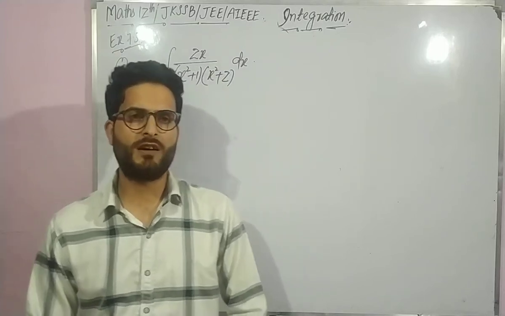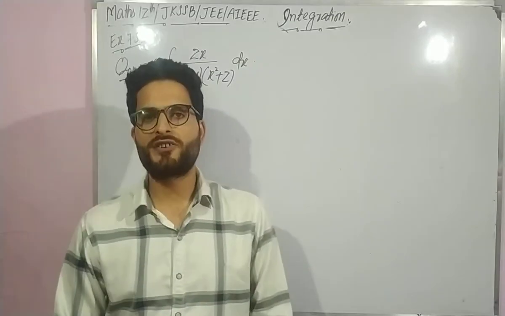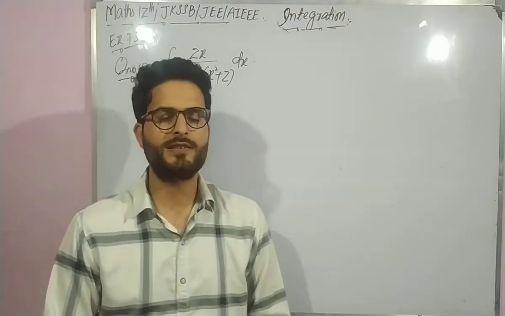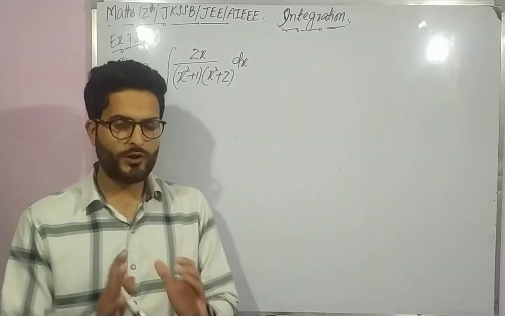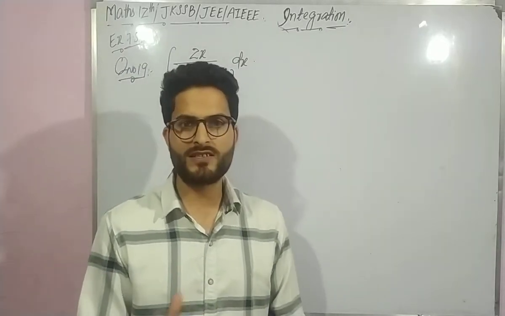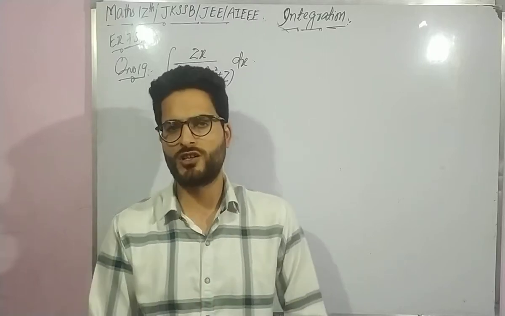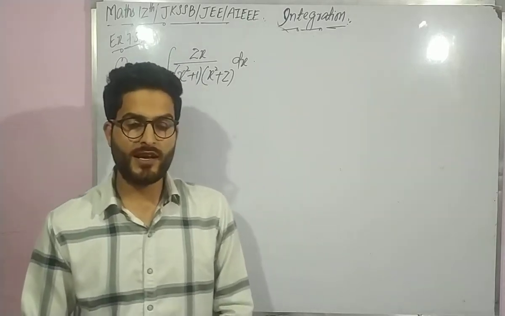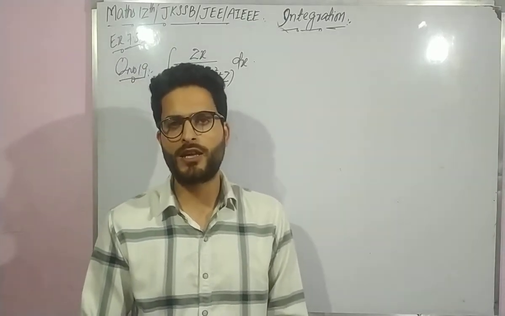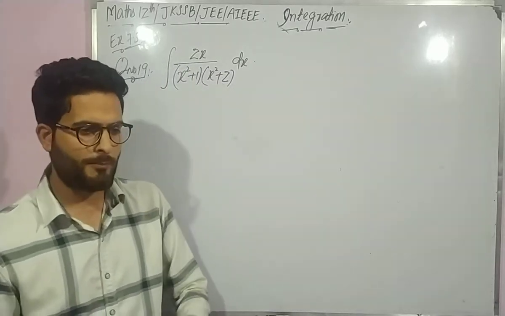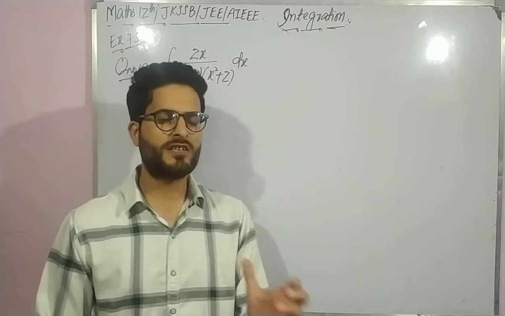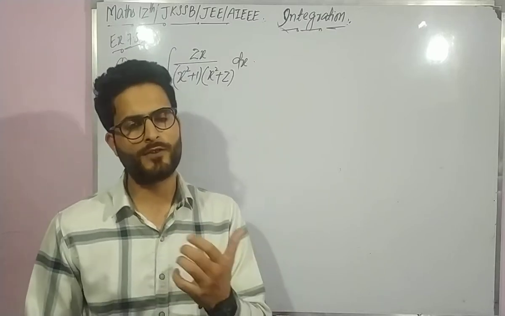In the previous class we discussed integration by partial fractions, and there we did some questions of exercise 7.5 of the NCERT book regarding that particular method. In order to apply integration by partial fractions, we must know whether the given function to be integrated is a proper rational function or not, because integration by partial fractions is applicable only to a proper rational function. A proper rational function, as I am reiterating, is one in which the degree of the numerator is less than the degree of the denominator.